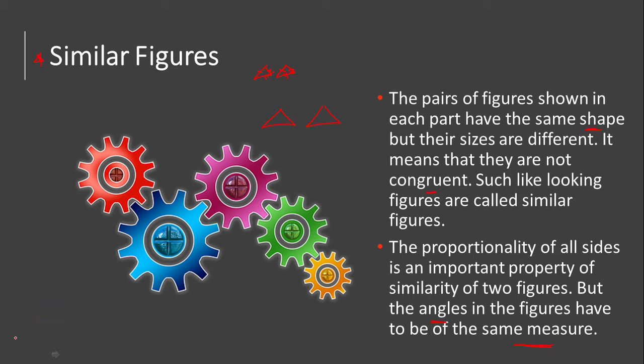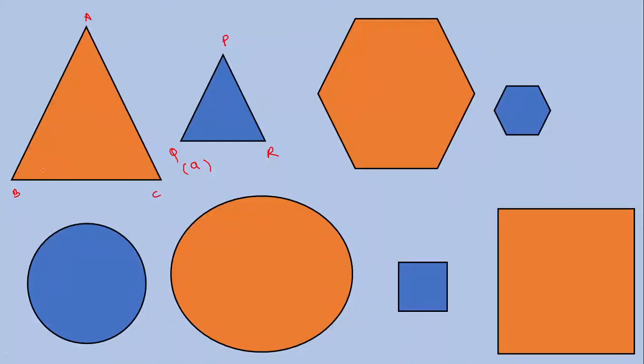Why? And that is visible, children. If you remember the last two figures, here you see the angles have to be the same. Whatever is A, that much has to be P, whatever is C, that much has to be R. But the sides can vary. You are able to see PQ is smaller than AB. Sides may vary, but the angles have to be the same.